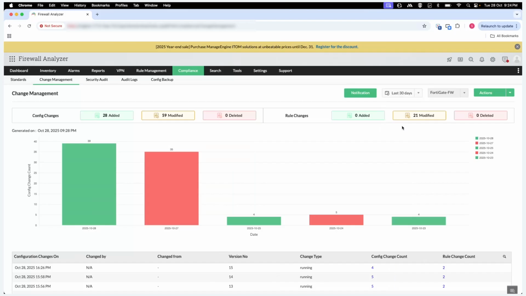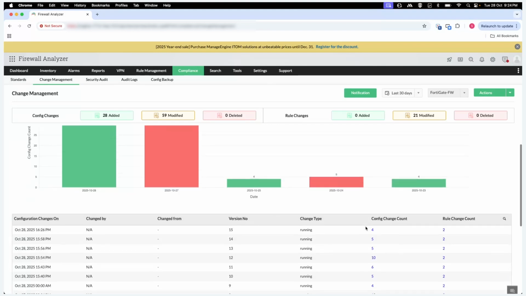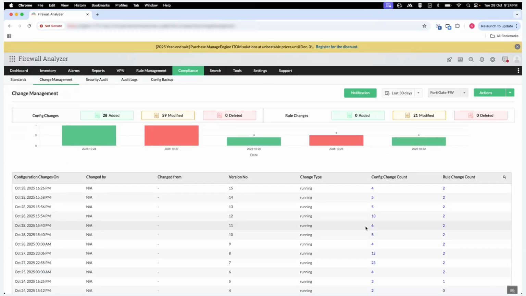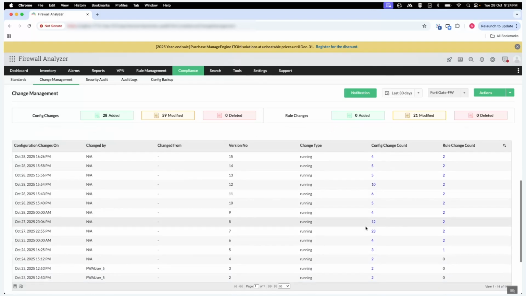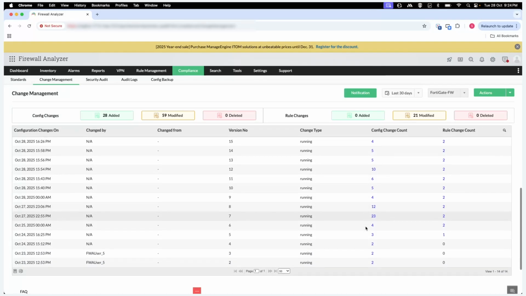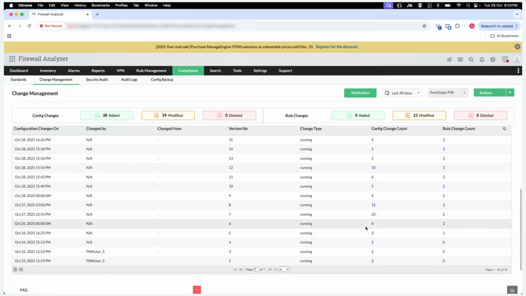And here you can see that it is color coded based on the different dates. And here you can see the configuration change that has been made by the person, that is who made the change, and the IP addresses along with the version number and config change count and other details of this particular configuration change. In case you want to view the configuration change in detail, simply click on the date over here